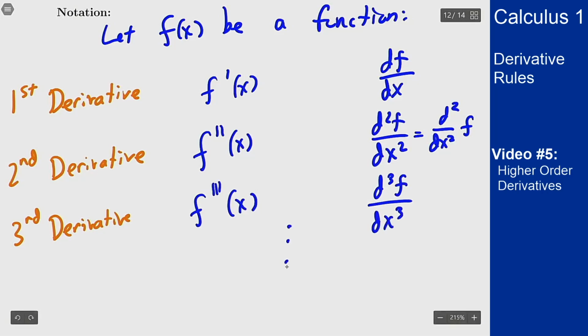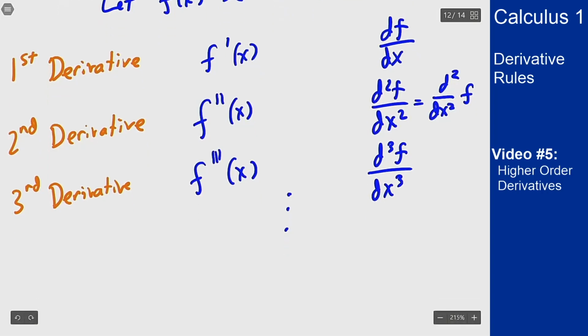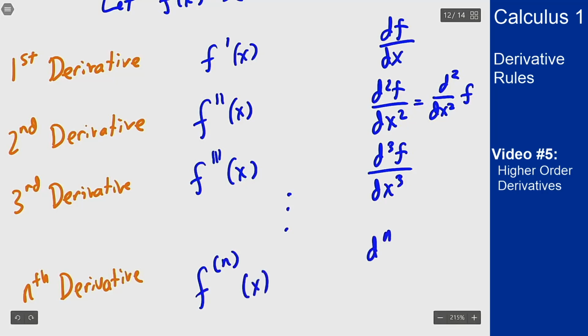And this continues. Once you're beyond 3, you don't really make hash marks anymore. So the nth derivative for any number n is written f with n in parentheses as an exponent, of x, and d to the n f dx to the n. The point here is, once you get beyond 3 or so hash marks, it gets hard to read and see what's going on. So you just write the number n that you want in parentheses in the exponent to indicate that many derivatives